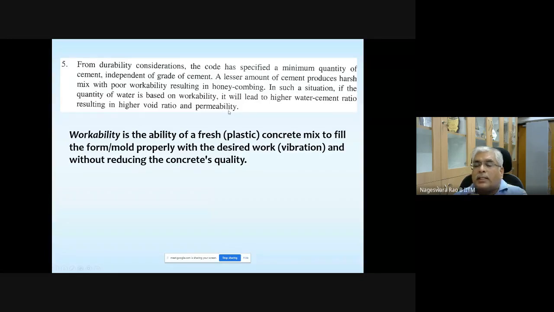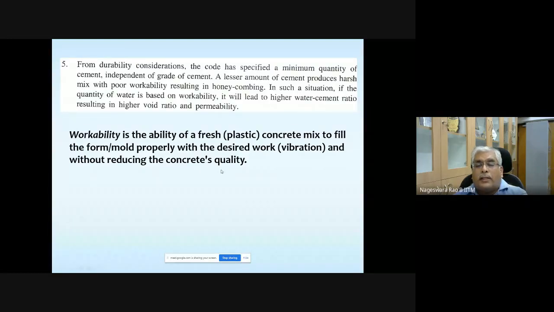What usually happens, if you observe in the construction sites, is that whenever the concrete does not have enough workability, or it is very harsh, or it does not have enough flowability, or it is not easily spreading, then the mason is going to put more water in it so that it flows. But that is not the correct way of doing it. When you add water, when it evaporates, it is going to result in voids, and also the permeability of the concrete is going to increase, and it is going to affect your durability. Okay.